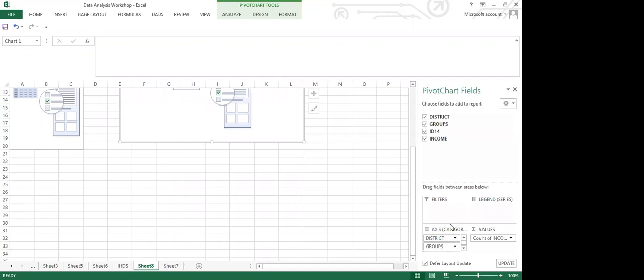Sir, I have an older version of Excel, and in that, for example, if you select districts, groups, ID 14, and income, there are a lot of columns in between district and groups. So I don't know, somehow in the older Excel, you can't really select columns that are not consecutively together. So how do I do that?